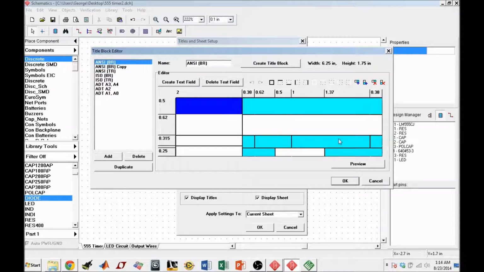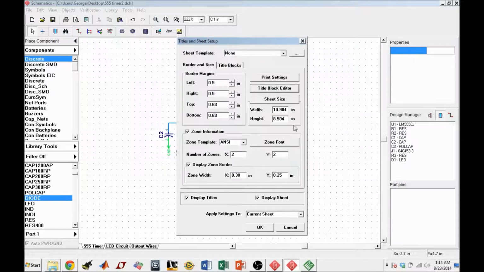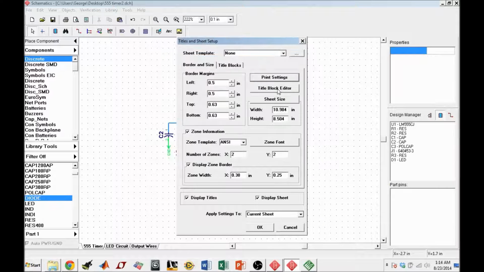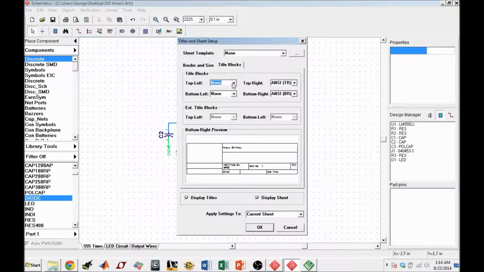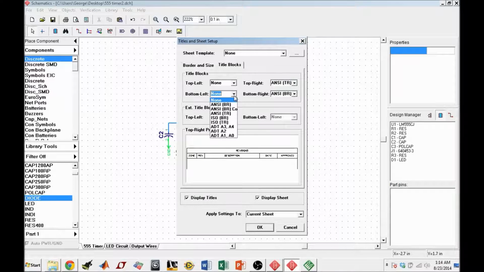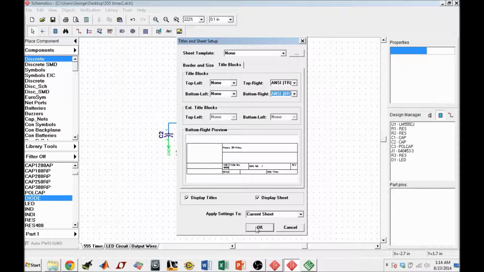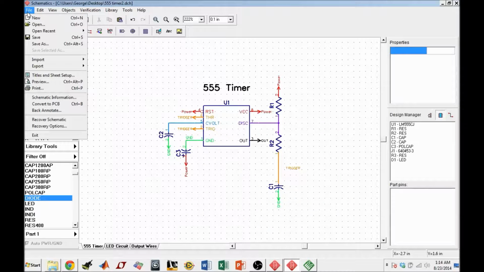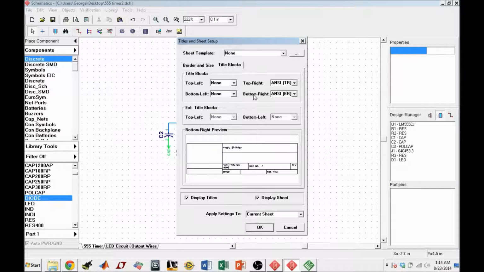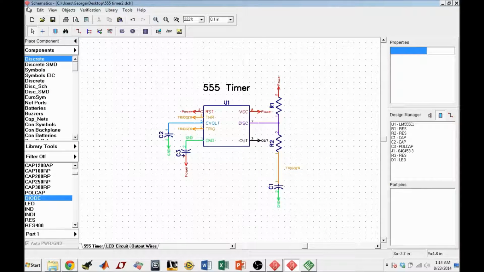So with that in mind, let me just hit cancel here, and let me show you what it's going to look like if I export this. So I'm going to go to print settings. Actually, not print settings. Go to title blocks. I want the top left to be none. I want the top right to be the ANSI top right standard. I want the bottom left to be nothing, and I want the bottom right to be the ANSI bottom right standard. I'm going to hit OK with this, and then if I go to Titles and Sheet Setup, and I say Display Titles and Display Sheet, and then hit OK,